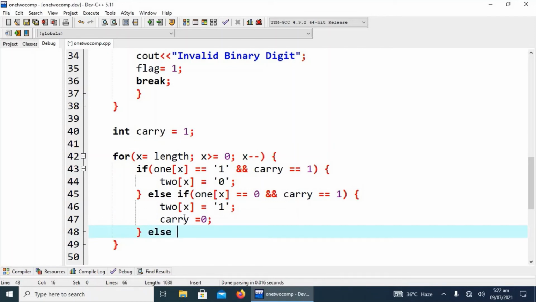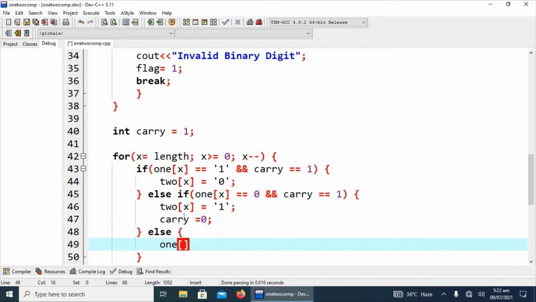Else, other than that, twos[x] will be equivalent to ones[x].